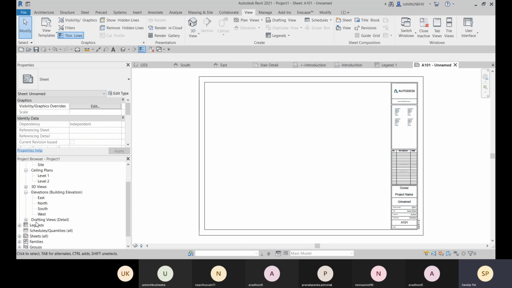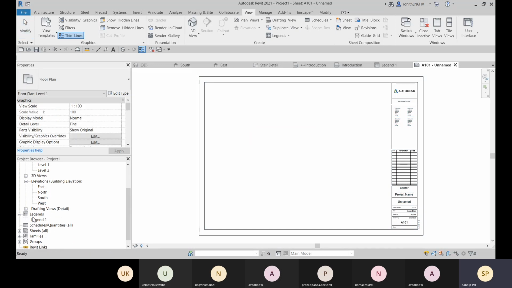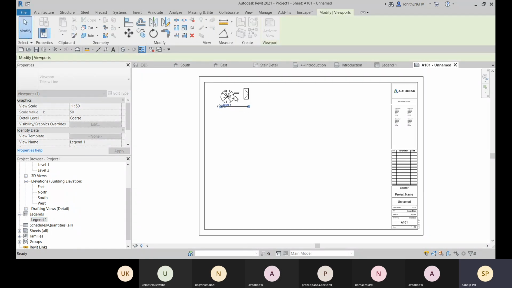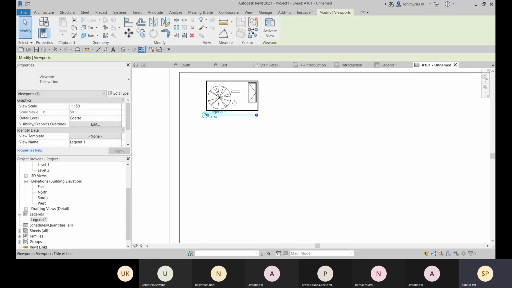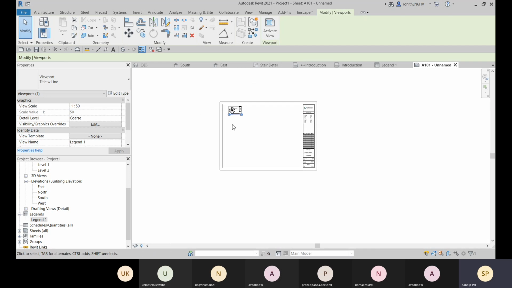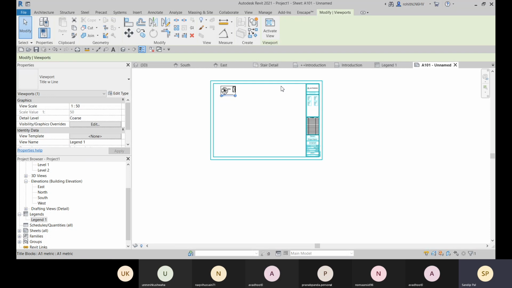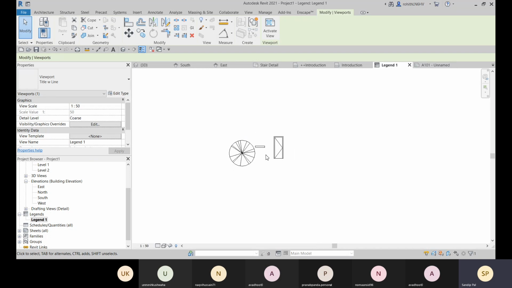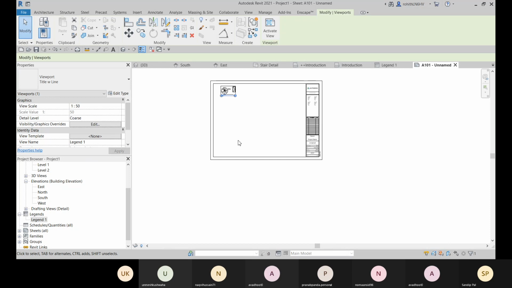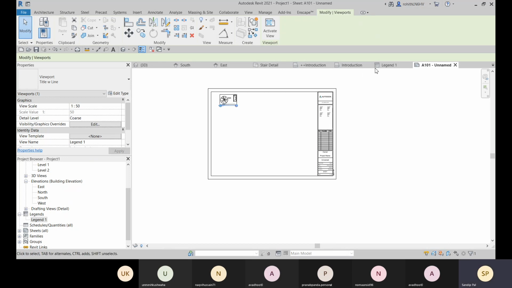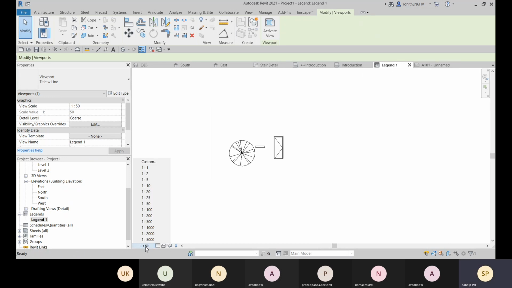And here is how you can add this legend view. You can simply drag this legend view, and within this legend, these many symbols are added. As per the symbols, you will get that total view. So if we add more, you will get a bigger view. And for this also, you have this scale.